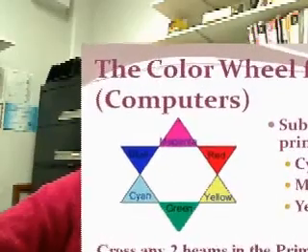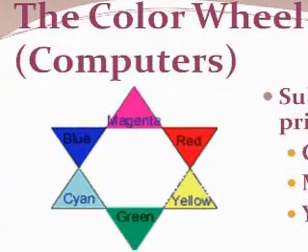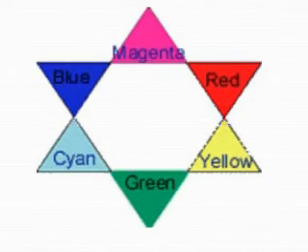And those are cyan, which is really a turquoisey kind of blue. Usually a very bright blue. I don't know that I have it recreated as bright as it should be on this slide. And magenta and yellow. Now, I mentioned that the three additive primary colors, red, green, and blue, are the broad